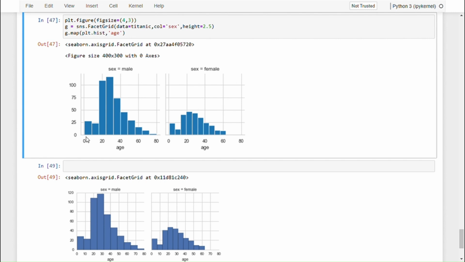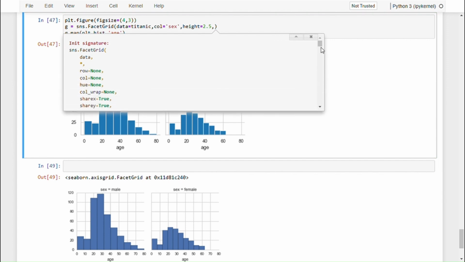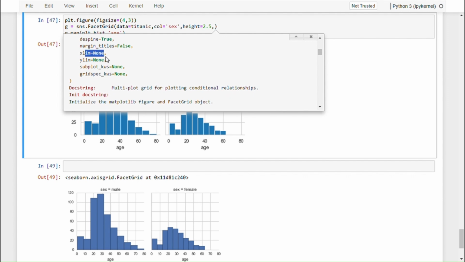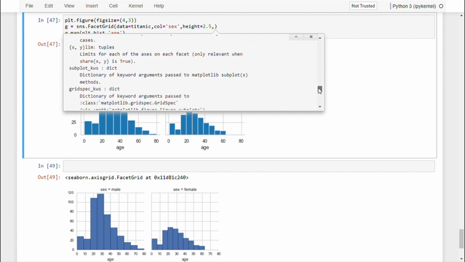So what we'll do is define xlim here, which will go from 0 to 80, and then I will show you how to put the line on top and right as well. For the xlim, we have an argument here. We have xlim and ylim, which say None. If you go down and check this,